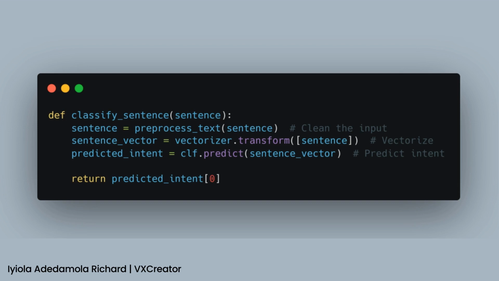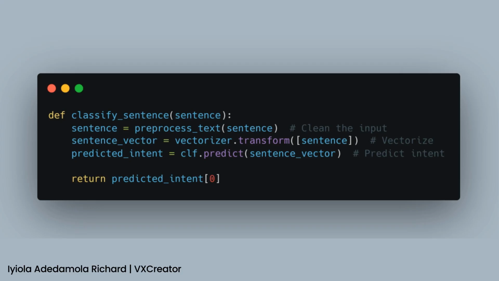Why? Because we are transforming these sentences into vectors based on the data we got from the fit_transform we did earlier. If you were to use fit_transform again, then you would define a whole new set of data into a vector. And next, we predict the intent using the predict method of the classifier we defined earlier,